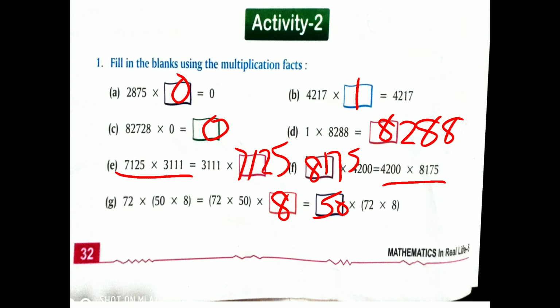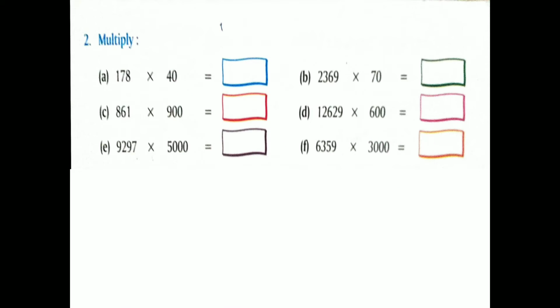Clear? Now we do question number 2. Question number 2 is multiply. 178 you have to multiply by 40. But students, when we multiply any number which has 0 at the end, we will multiply that number with the numbers only, not with the 0. We put that 0 as it is in the box. Clear? Like here there is only one 0 present, so I put that 0 as it is. Now I multiply with 4,